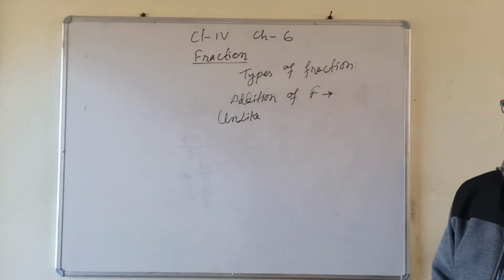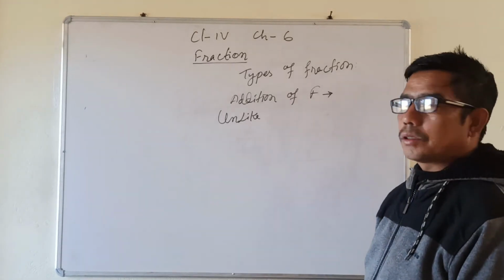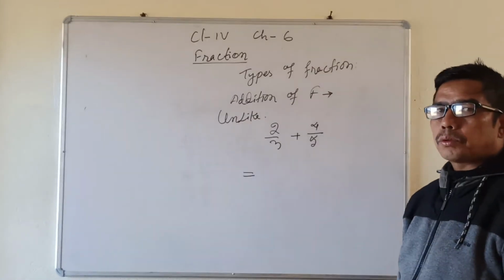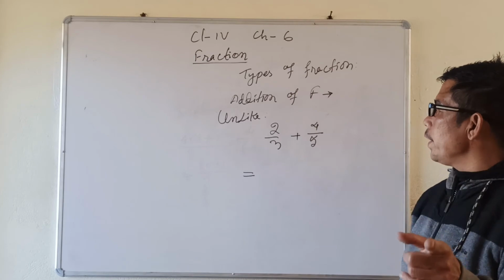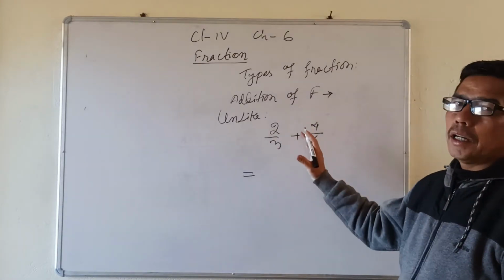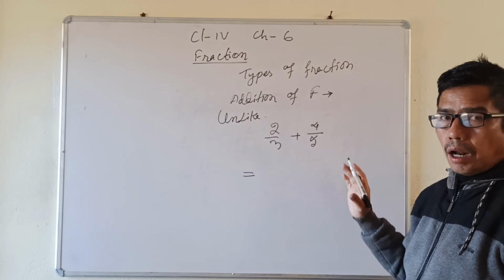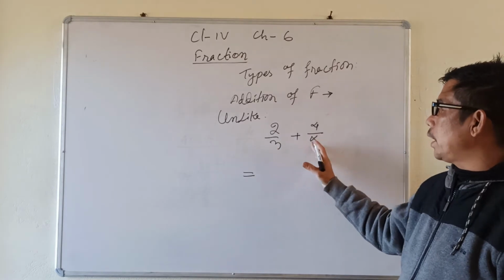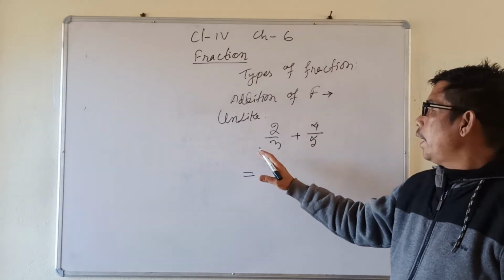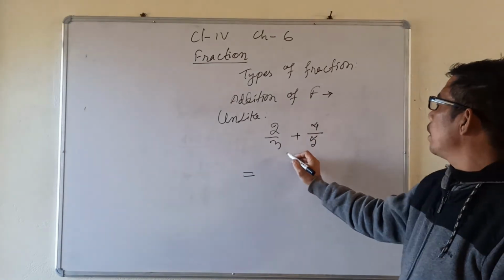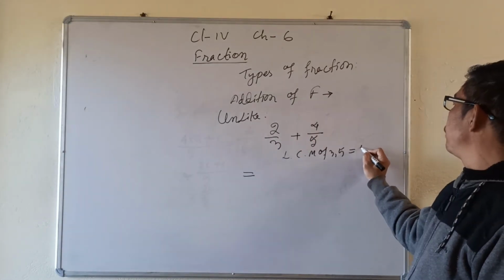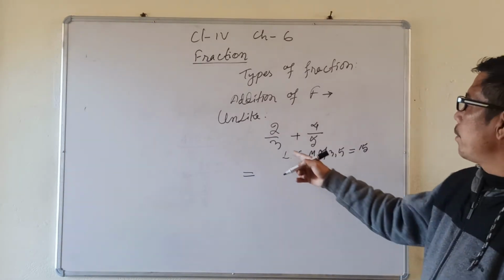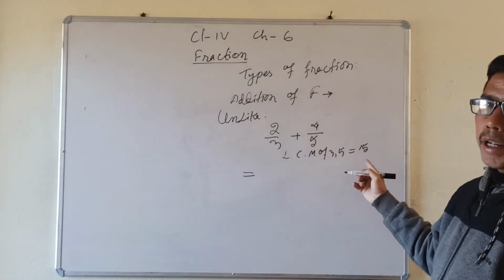Then let's come to how to add unlike fractions. This is where you have to take more care. To add two unlike fractions, first what you have to do is convert every fraction into a group of like fractions. Then how to convert unlike fractions to like fractions? For that, you have to make the denominator the same. To make the denominator the same, what to do? The LCM of the denominators will be taken. LCM of 3 and 5 is 15. So, you have to change every denominator into 15 by multiplying by some numbers.